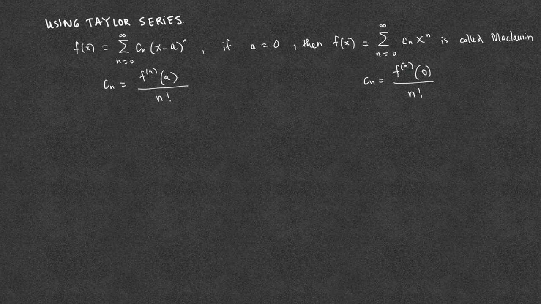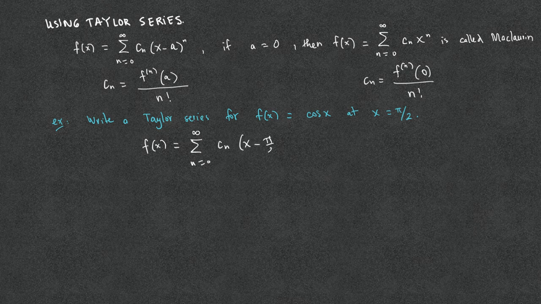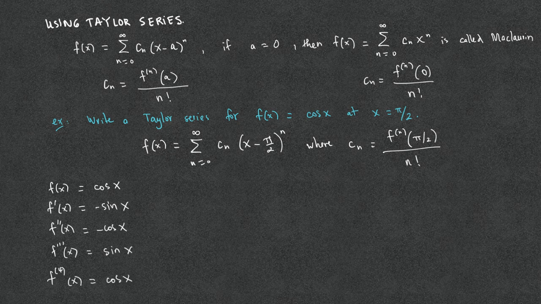For example, write a Taylor series for f of x equals cosine of x at x equals a equals pi over 2. F of x is going to be the sum for n going from 0 to infinity of c sub n, the coefficient, times (x minus pi over 2) to the n. The c sub n terms are going to be the nth derivative evaluated at pi over 2, over n factorial. We start by taking the derivative of cosine of x successively, and we evaluate these derivatives at a equals pi